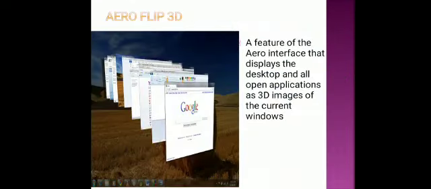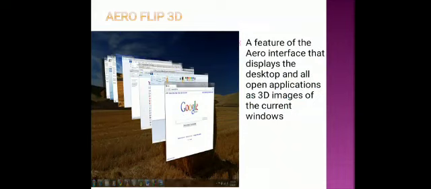Now next is Aero Flip 3D. This I think most of you had done by mistake in your system. That is Aero Flip 3D. Means you had opened a lot of windows one by one and that feature will display. It is an interesting feature of Windows 7 that enables you to preview all the windows as a stack. Stack means it will show in a 3D feature.